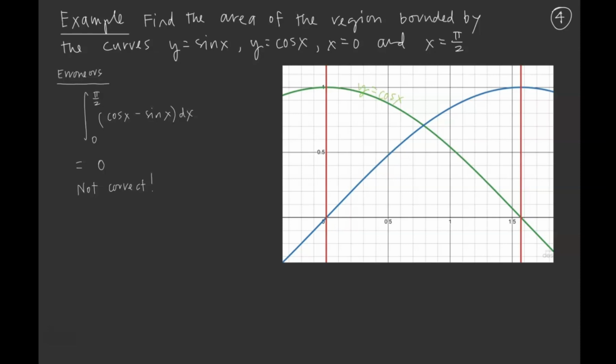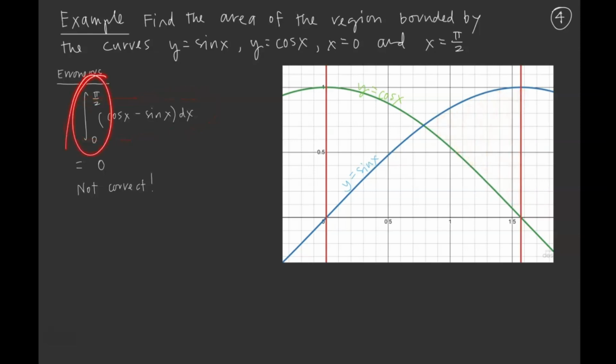And then we have the curve y equals sine of x, and definitely cosine x does start out as the top curve, so it would be right to take top curve minus bottom curve, but only until here, when all of a sudden sine x becomes the top curve and cosine x becomes the bottom curve. So when we were doing this